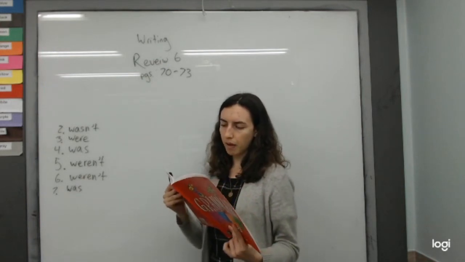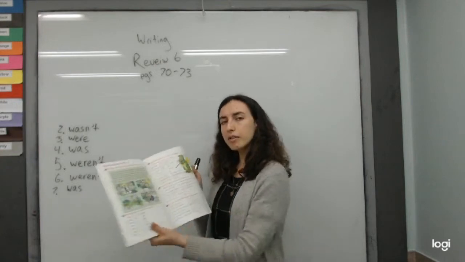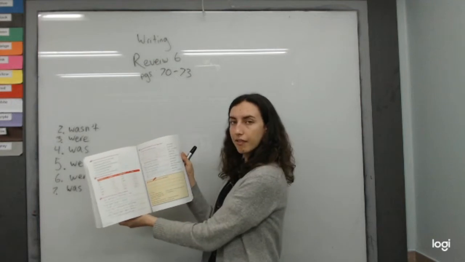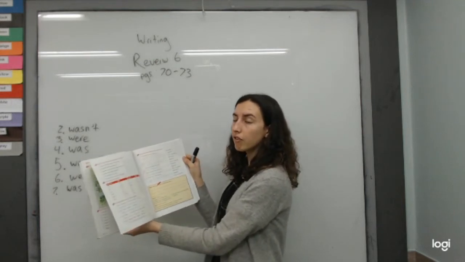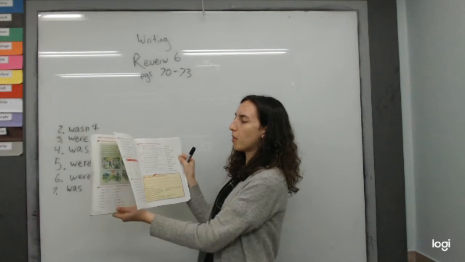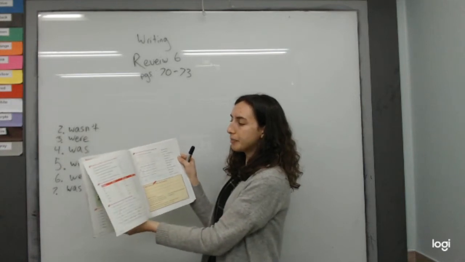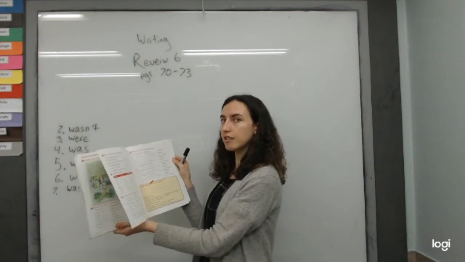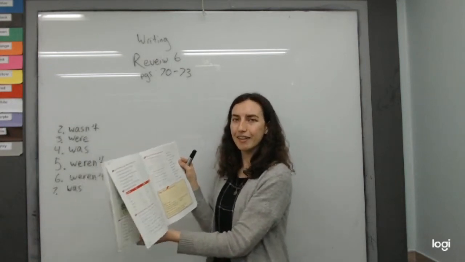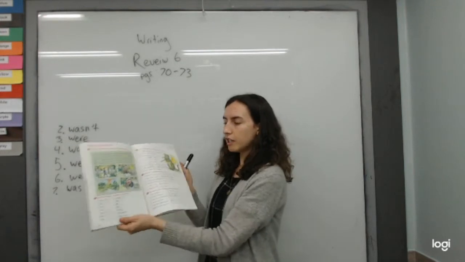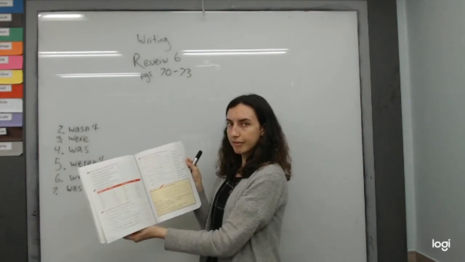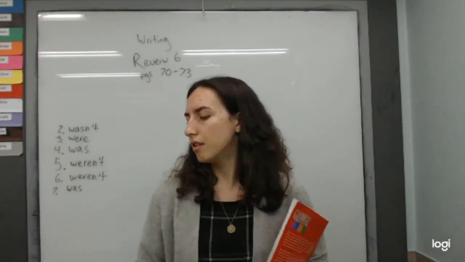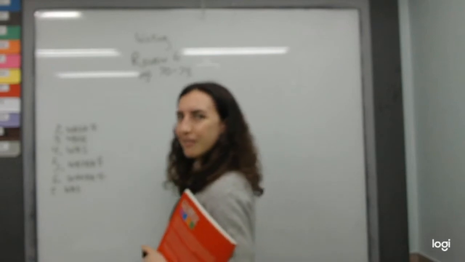I want you to finish all pages 71, 72, and 73 by yourself. See what you can remember from our old lessons. And then after you finish, I will check your answers and I will help explain the different things in the book. So finish all pages by yourself and then we will come back. So stop the video and then we will check, okay? Finish your work.